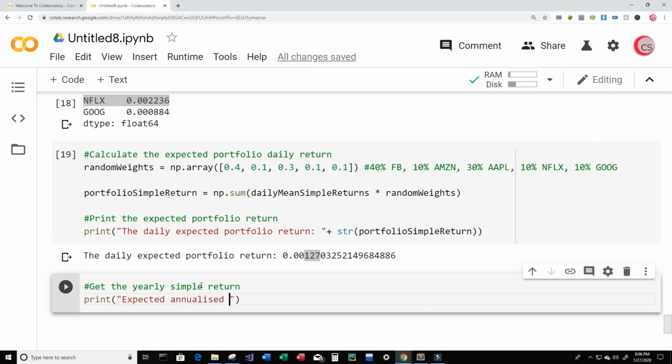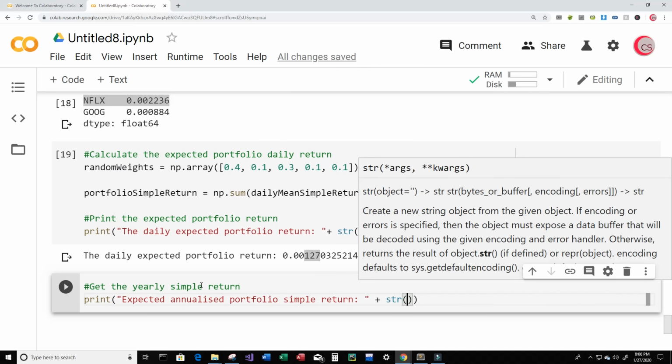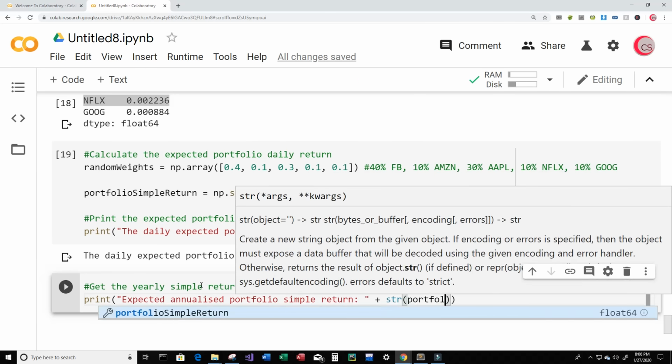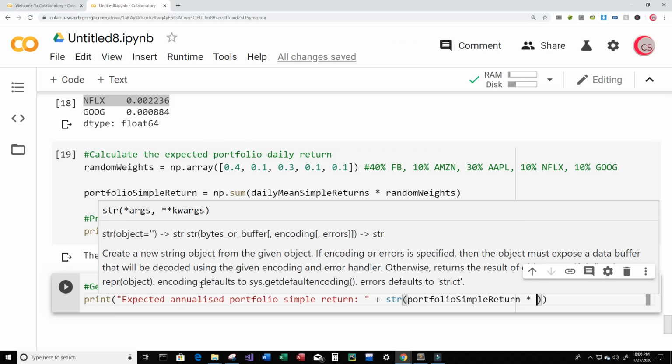Because it's going to be yearly. So expected annualized portfolio simple return. I can just append the portfolio simple return as a string multiplied by